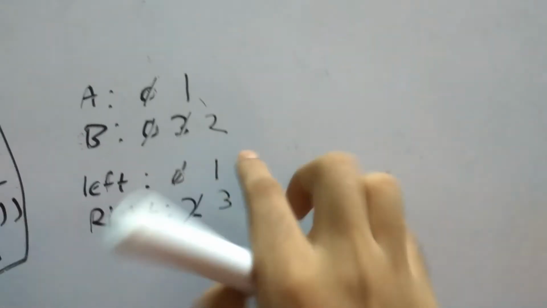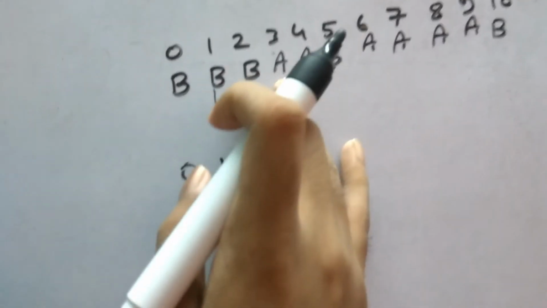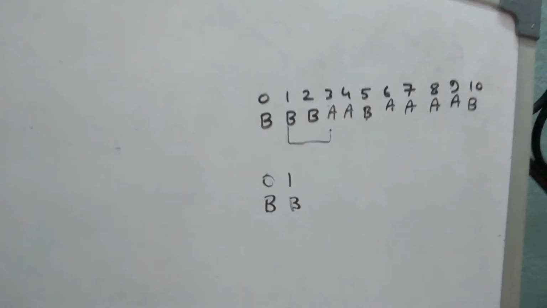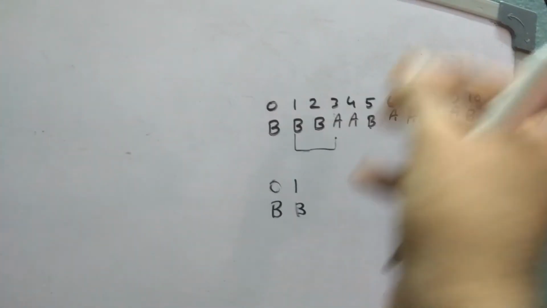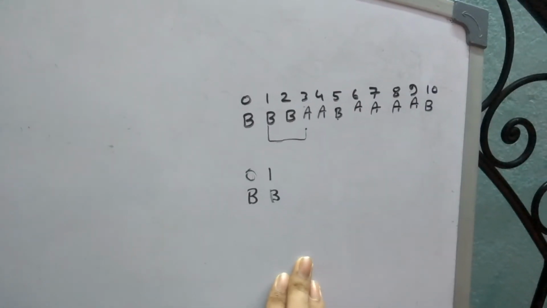Whichever element in our hash map has the greater value, so it is B. Now B will come here, and these two elements will be ignored. What we could have done is take all the substrings and manually check if they have the same count or not, then delete all and put the element with the greatest count over here, but that would have taken so much time.